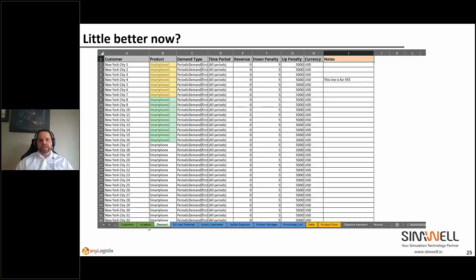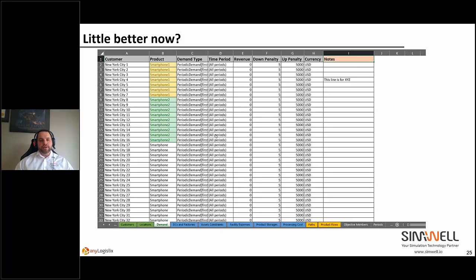You can rearrange all the tabs so they're not in alphabetical order anymore. And I group them in a logical way: anything related to customers, anything related to supply chain nodes, anything related to transportation cost. That way the Excel data is much more intuitive, easier to manage.